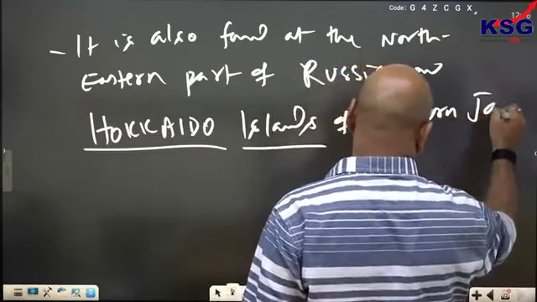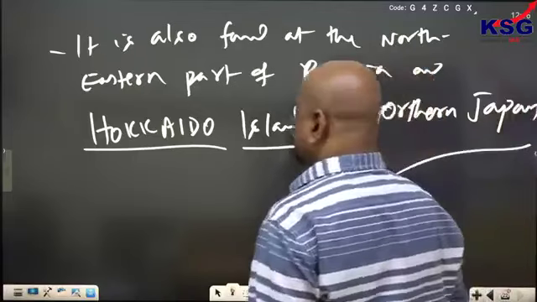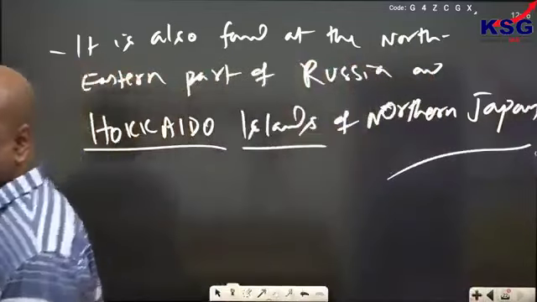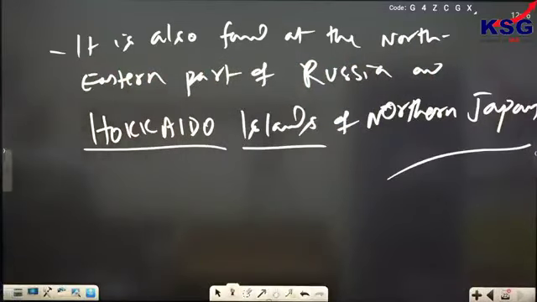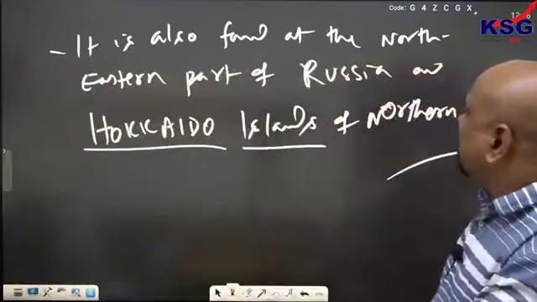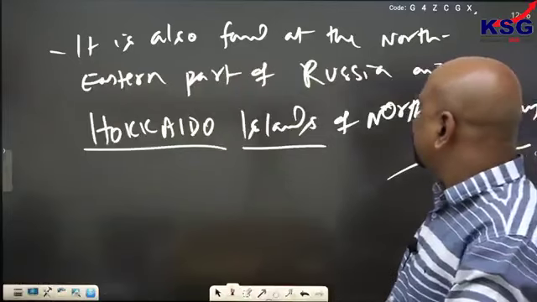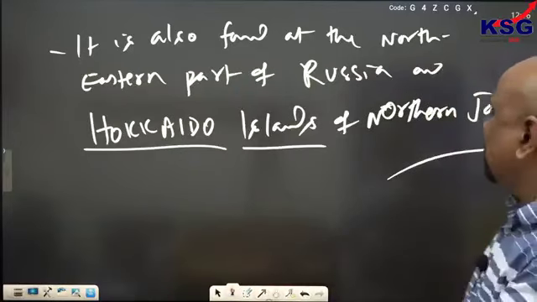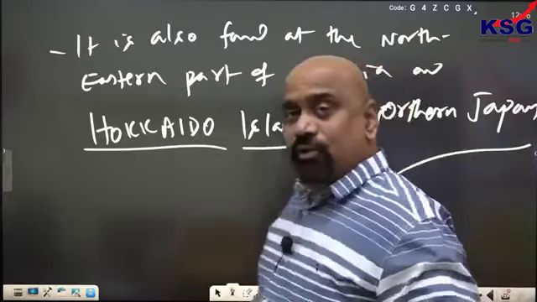नॉर्दर्न जापान, होकाइडो आइलैंड्स ऑफ नॉर्दर्न जापान। जापान का जो नॉर्दर्न पार्ट है, नॉर्दर्न मोस्ट होकाइडो, होन्शु, शिकोकू, क्यूशु, ryukyu, ये वहाँ हैं। Okay, it is also found in the northeastern part of Russia and the Hokkaido islands of northern Japan।